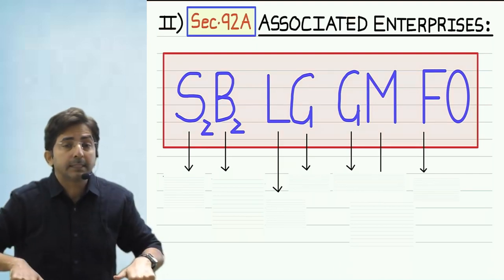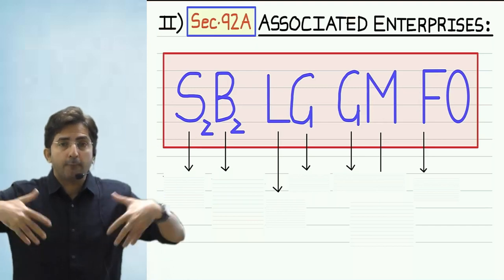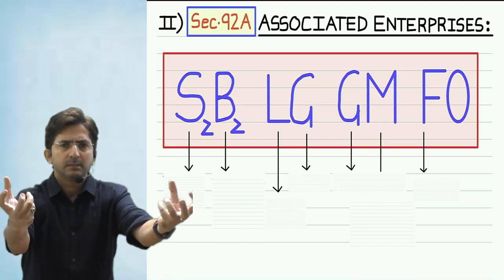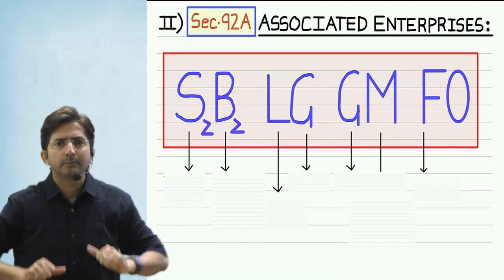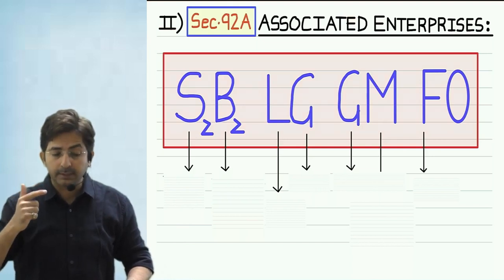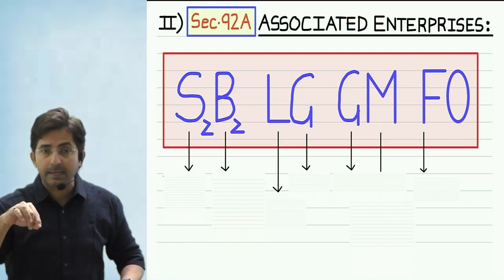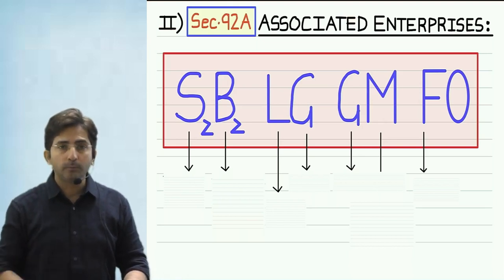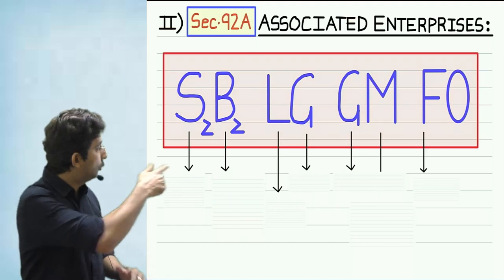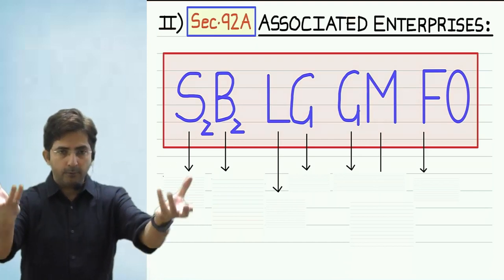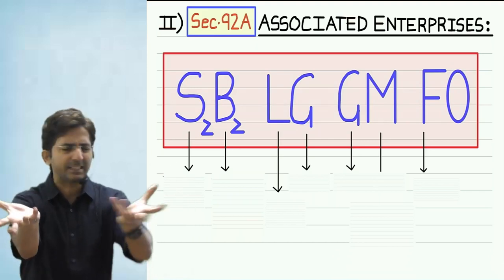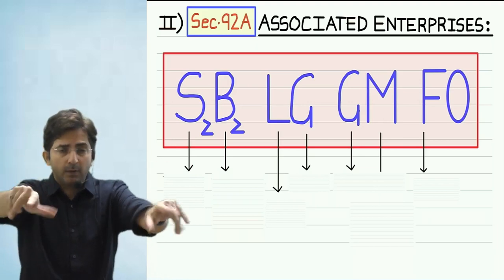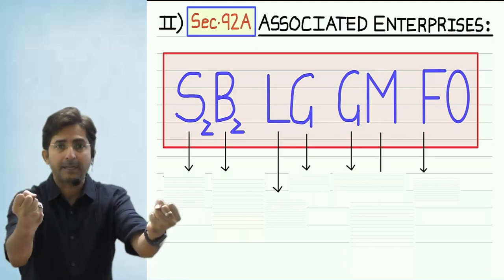Then the second point says what? That more than half of the board of directors, or at least one executive director, of two enterprises are appointed by the same person. Did you notice how I said it? It's very difficult to say when you write in the exam. So try to understand the wordings also. So what was B2? Remember the scene only, X and Y. More than half of the board of directors, or at least one executive director, of two enterprises